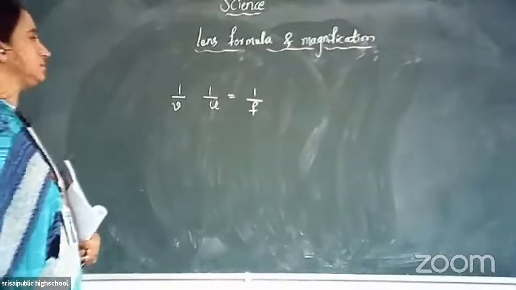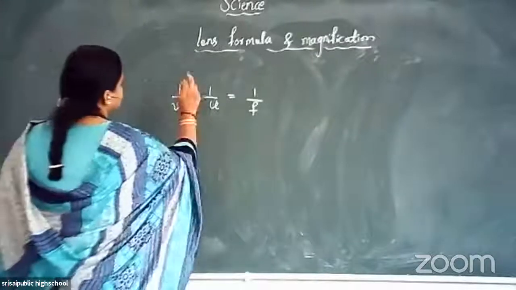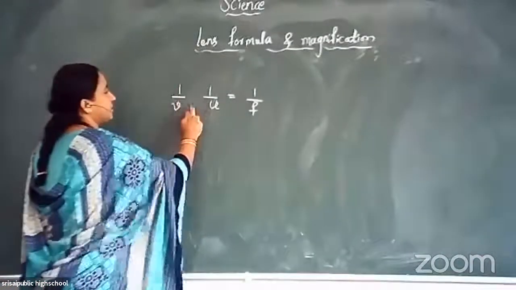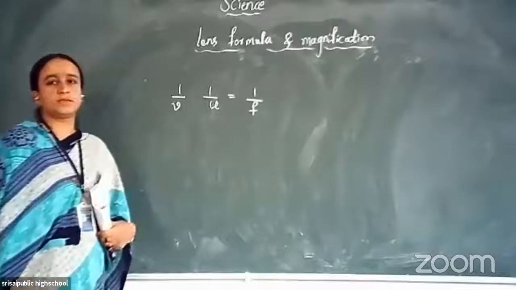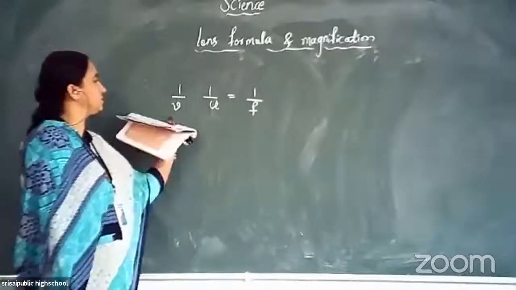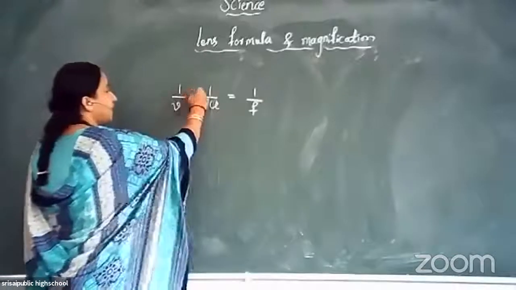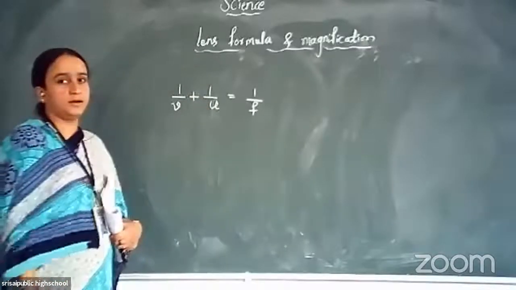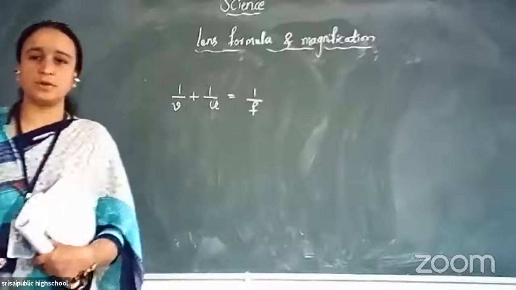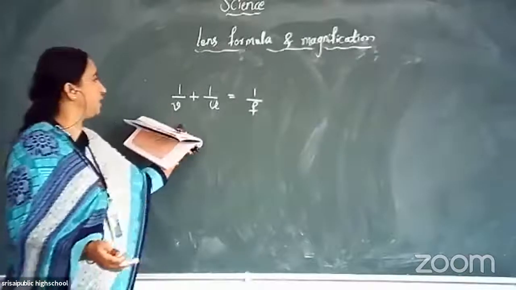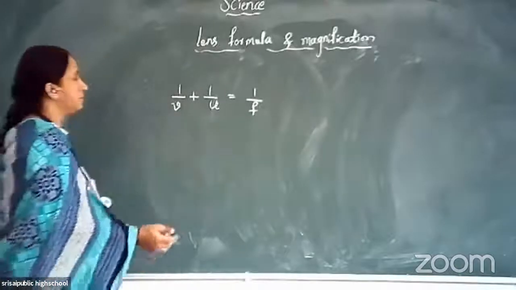Just recall. What must be the sign given here for the mirror formula? Positive or negative sign between these? Positive. Very good. It was a positive sign in case of the mirror formula. Okay. In case of the mirror formula, it was 1 upon V plus 1 upon U is equal to 1